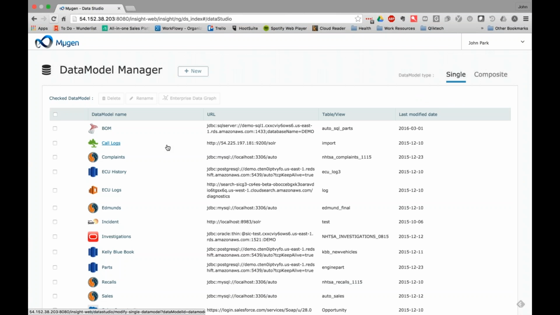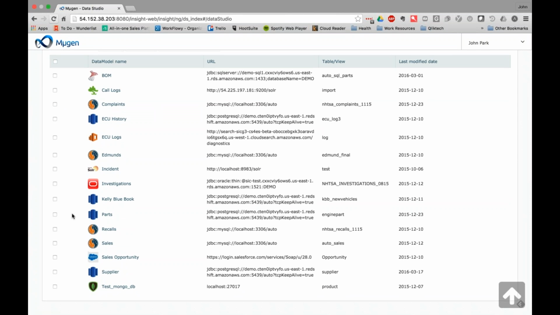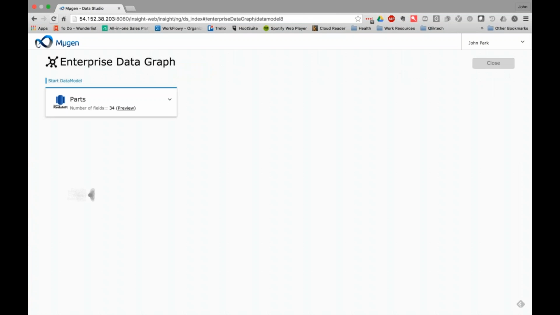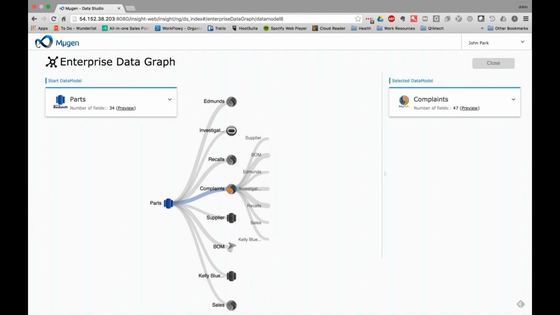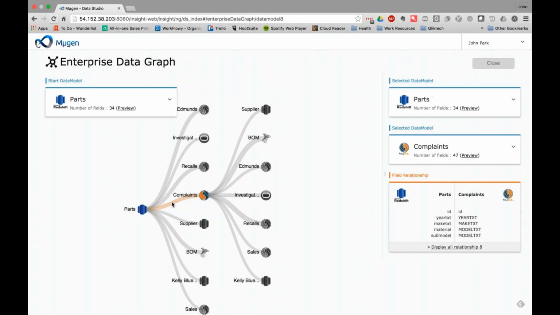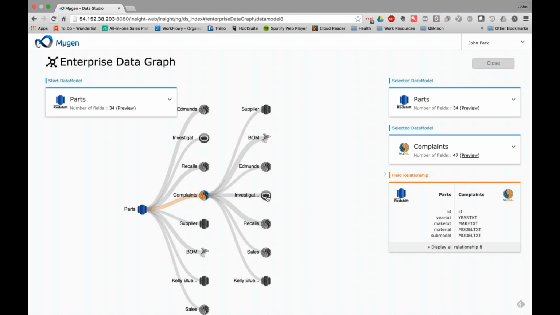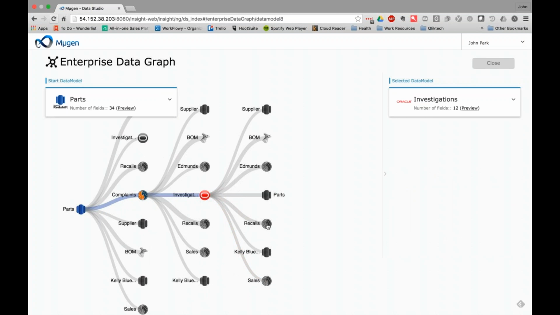I want to show you a root cause analysis using this. So let's say we'll start at parts database, and we'll click enterprise data graph. From the parts database, you can say, okay, what are the complaints that are coming in from parts? And it tells me to go from parts to complaints. You could use these fields, and year and make are the most. And then if we wanted to traverse to investigation, and then traverse to recalls,